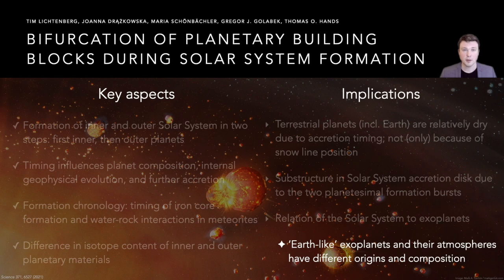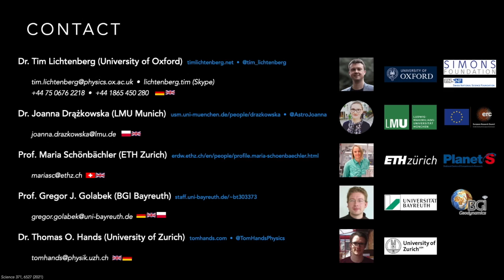For example, the Earth is dry because of the inventory of radioactive isotopes in the early solar system, but other planetary systems likely have very different inventories of these radioactive isotopes. And so, the geophysical evolution of planets in these systems takes a different path, resulting in, for us, seemingly exotic compositions and climates. Our work has many more interesting implications, but I will finish this brief presentation here